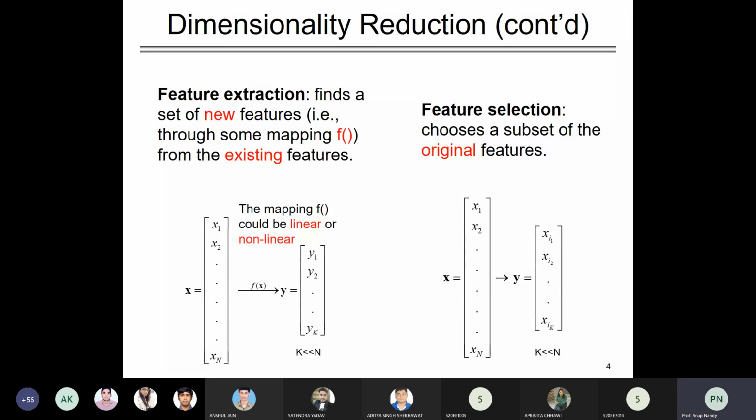Now, principal component analysis can also be used, and it is a feature extraction policy, because as we will be seeing, you will have linear combinations of the features. Actually, it is feature extraction, not exactly feature selection, although there are different algorithms for feature selection.